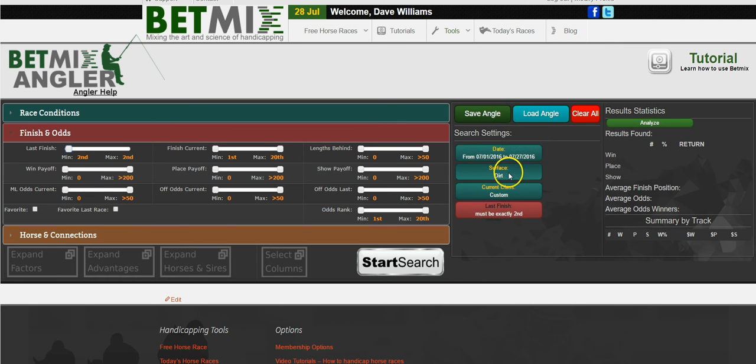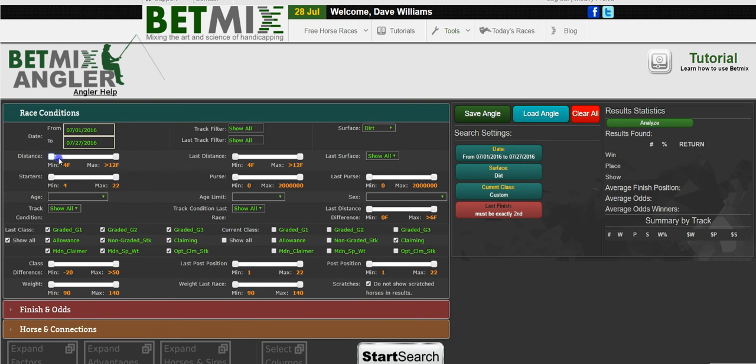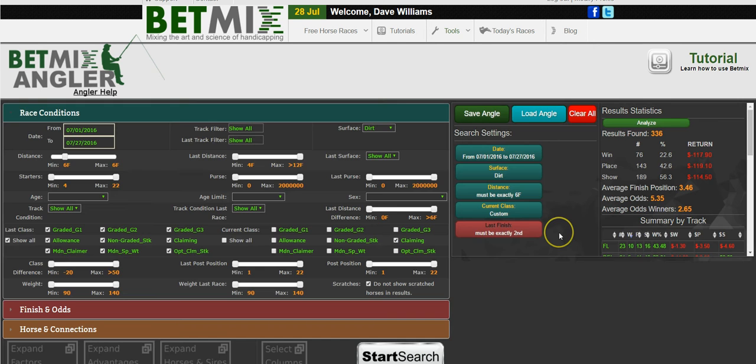So we've got a date range, a surface type, a class type. I don't think I put exactly 6 furlongs in there. So 6 furlong dirt claiming races, horses that ran second last time out. Now click the search button. Now you can see that there's been 336 horses this month in 6 furlong dirt claiming races who ran second